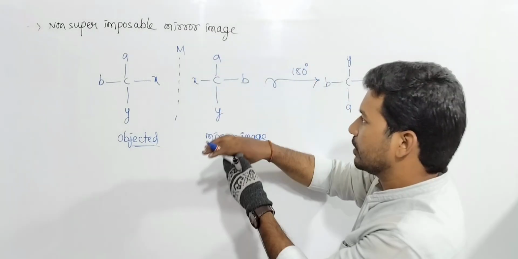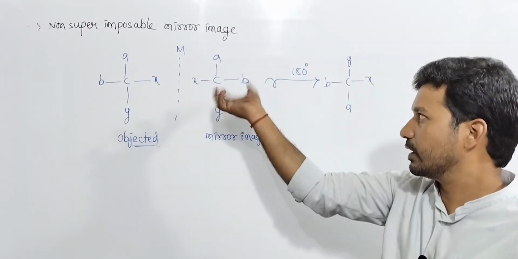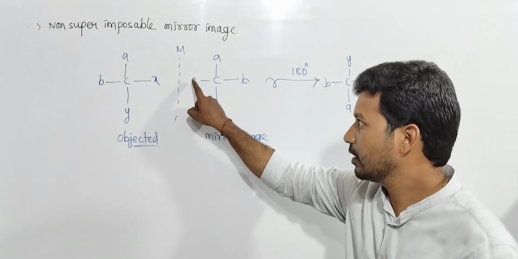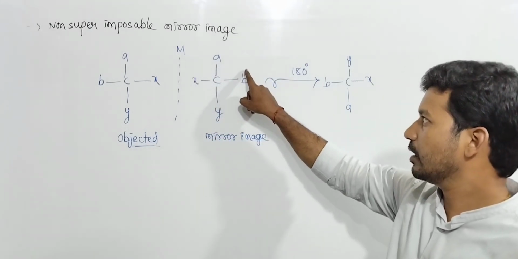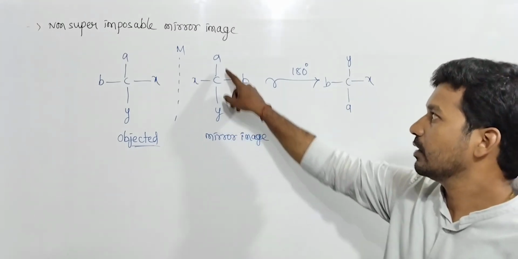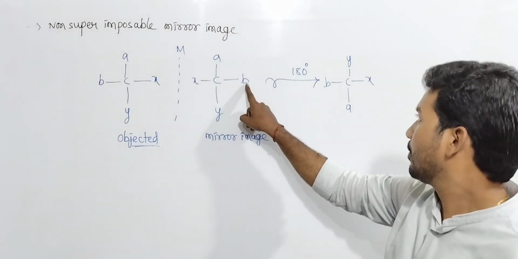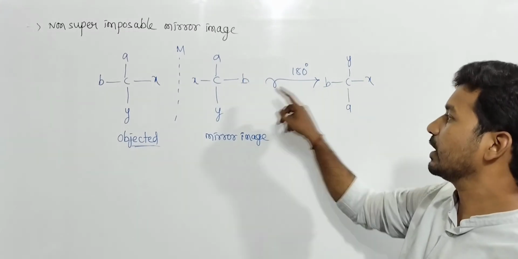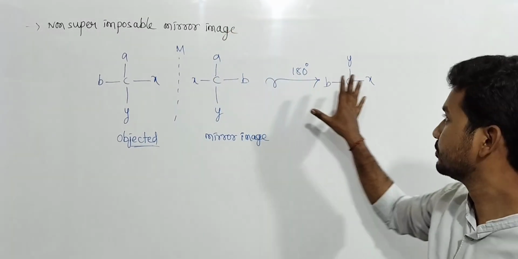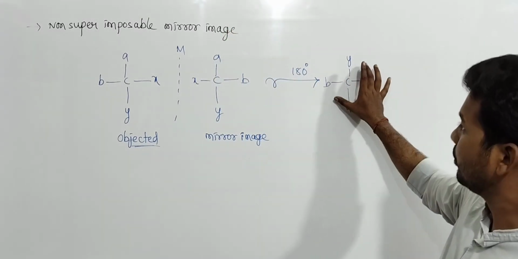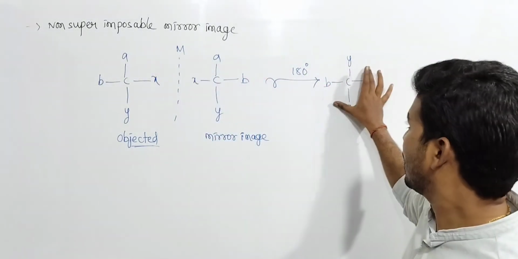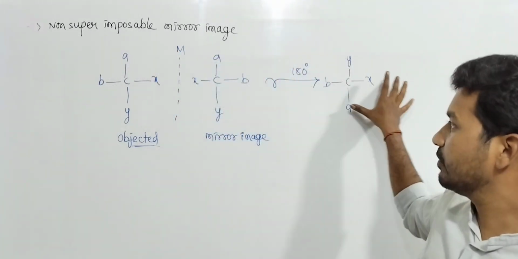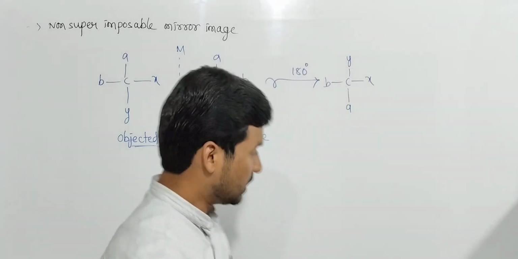By 180 degrees rotation of this molecule, A comes down, B comes left, X comes right, and Y comes up. So if you place this one, are they in exact alignment with each other or not? Exact alignment with each other. Now this can be called